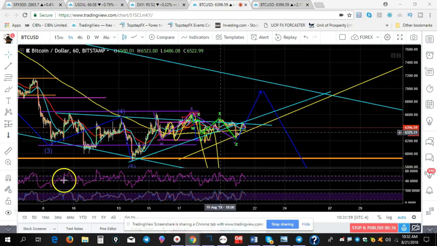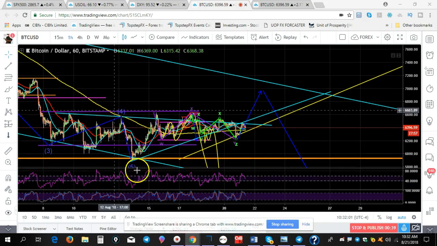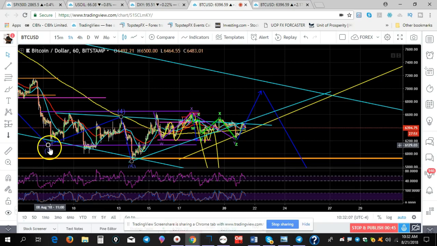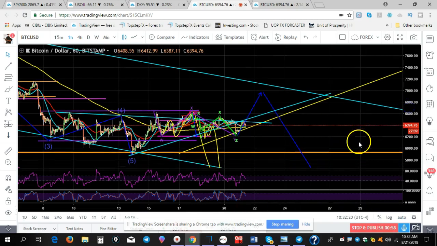that we were getting the diagonal, which is 1, 2, 3, 4, and 5. Okay, let me just put this pointer on. Okay, so potentially getting a diagonal being 1, 2, 3, 4, and this is the 5th wave of the diagonal for downside. However, we can clearly see now, let me just adjust this a bit